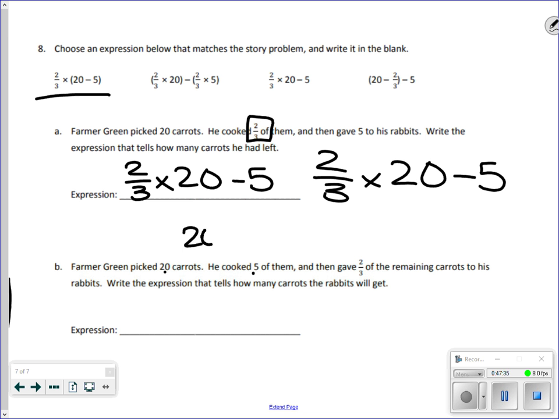So he had 20 and cooked 5, so you've got 5 less, right? Then gave 2/3 of the remaining